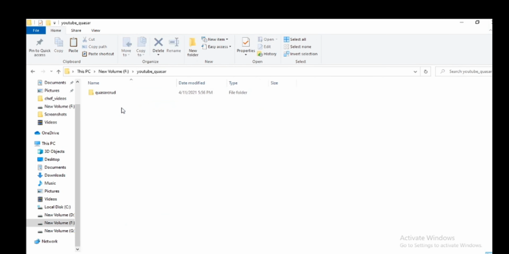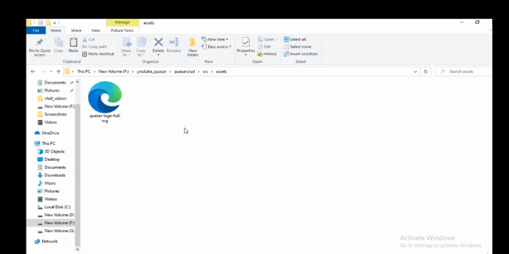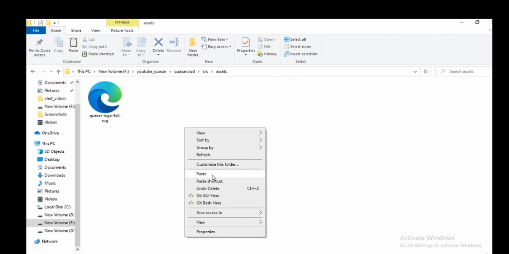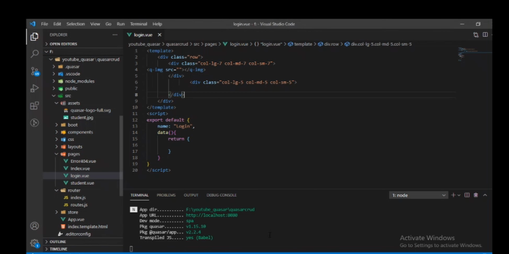For that, go to your project folder, then src, then assets, and copy and paste it. So you can see it here, student.jpg. So we will give it here. Okay, let's look, is it visible or not.